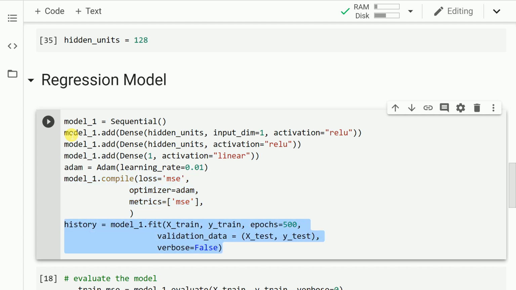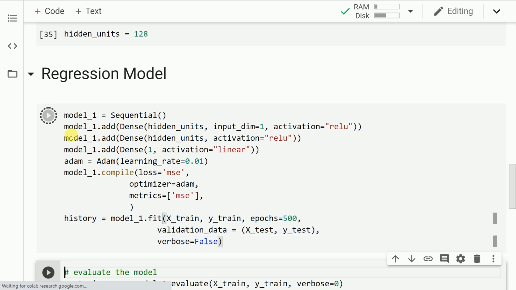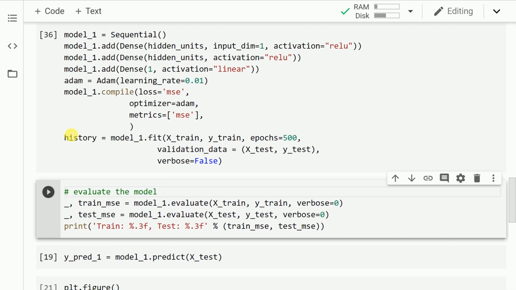Having gone through the activity of creating the structure of the network, now is the time to train the model with respect to the training data, validate it against the testing data, and train the model for 500 epochs. So let me run the combined cell. This process will take some time. Now that the model has reached optimum parameters based on the data and the epochs that we supplied, let's go forward and evaluate the model performance on the training as well as the testing data set. So let me run this cell.